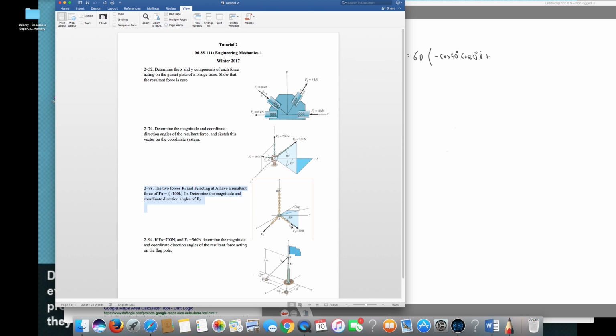Therefore, here I multiply this one by negative because x is negative in this direction. Because if you see the graph, if they give x, y, z, we have to consider that side as positive. So in this case, they have given x in this side, and we have to find the other side. So that's why I put negative cos 50 cos 30 I, and on the other side, y is positive. Therefore, we have to put cos 50 positive,